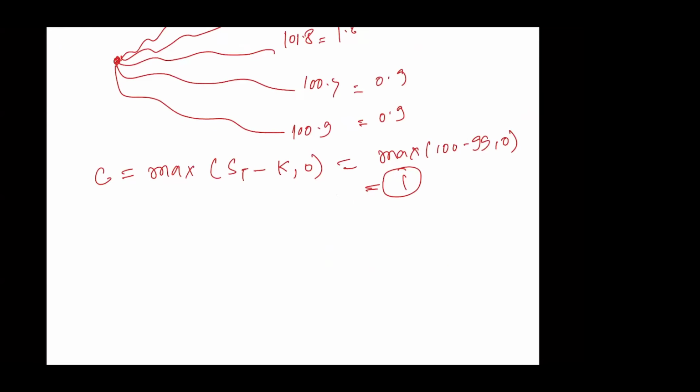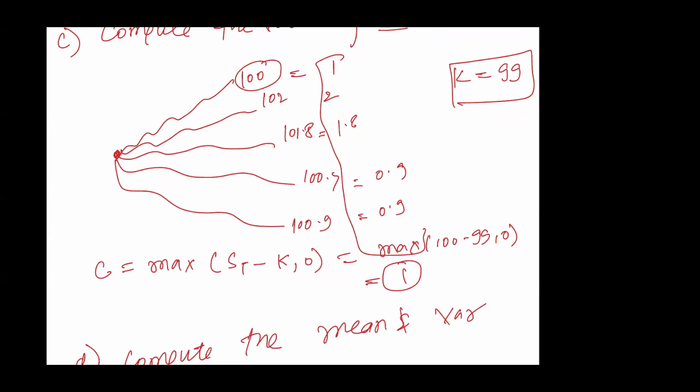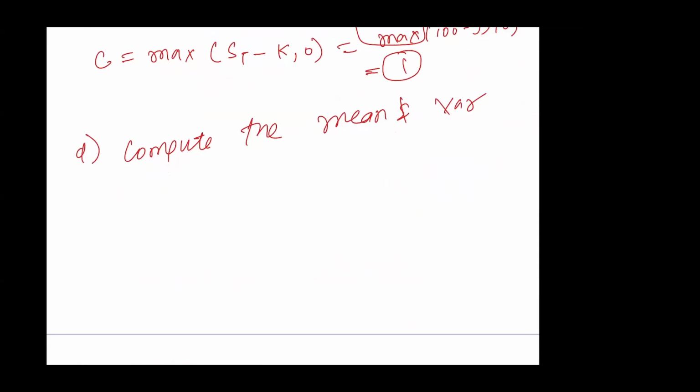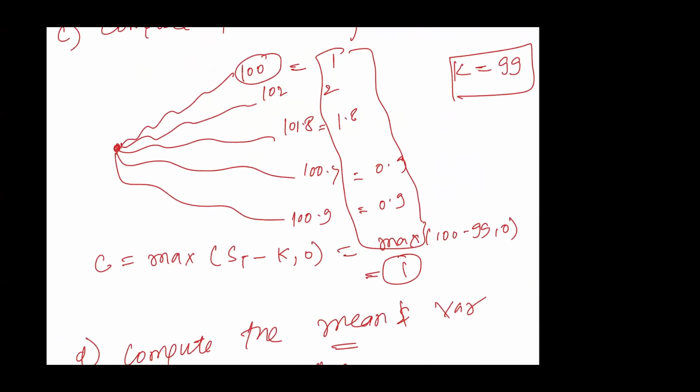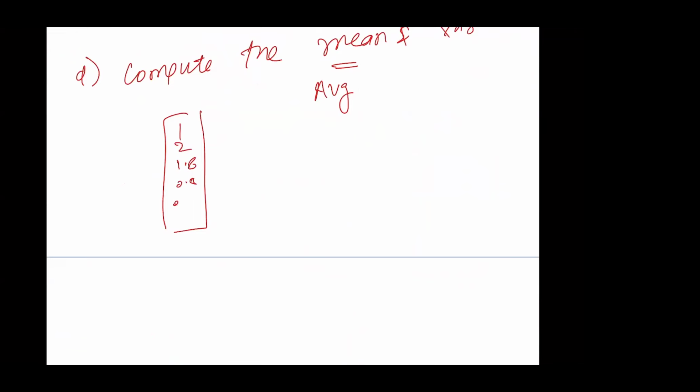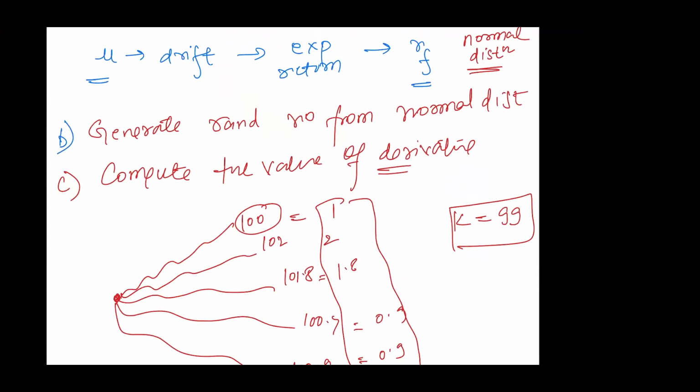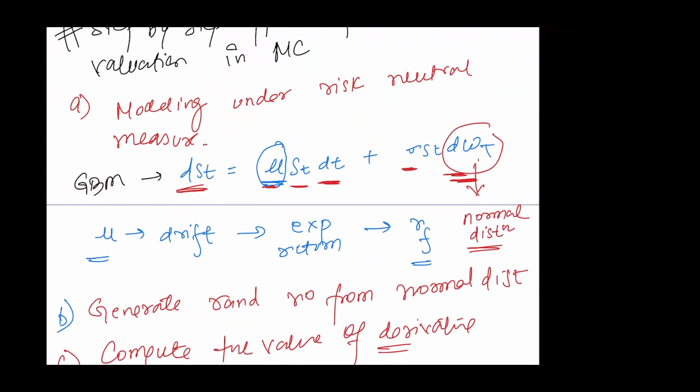And then what's the next step? Compute the mean and variance. After you get this, you compute the mean, which is nothing but the average, of all these values, that is 1, 2, 1.8, 0.8, 0.9, whatever it is. You compute the mean and the variance of it to arrive at the price of the option. The only assumption that we changed here is that instead of taking the actual returns,